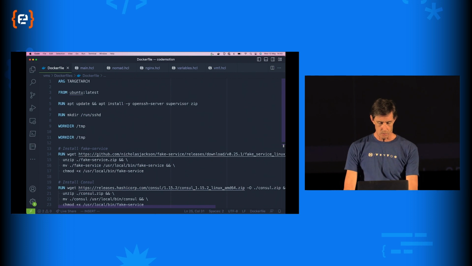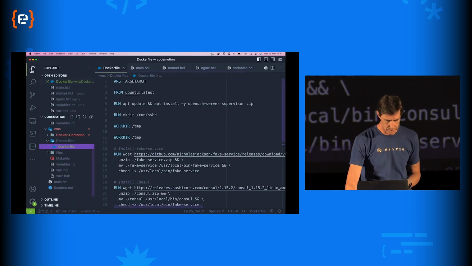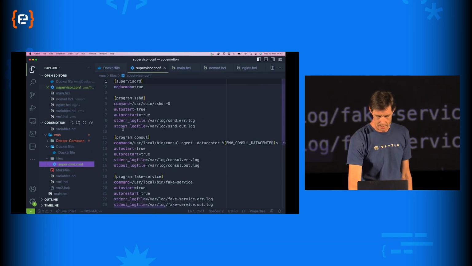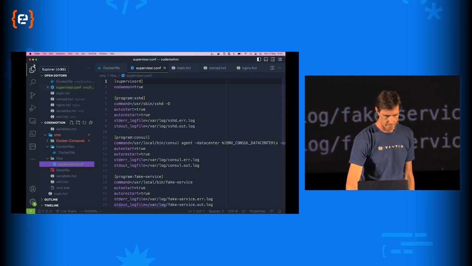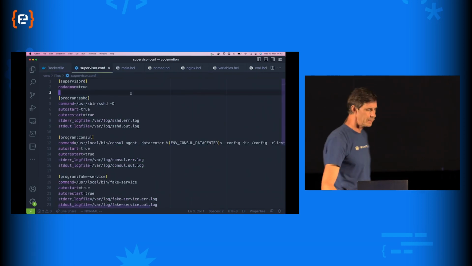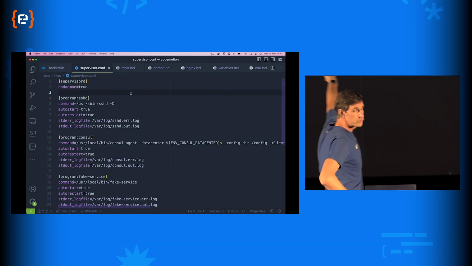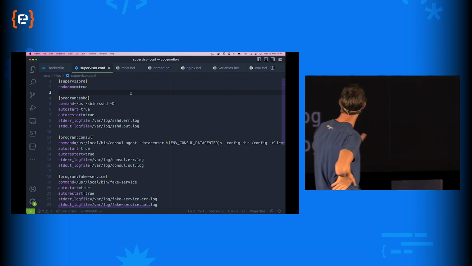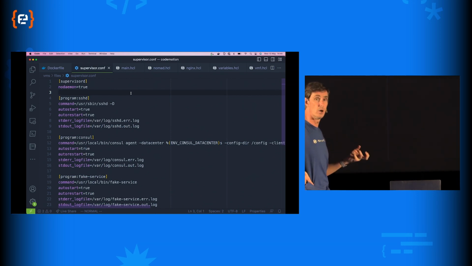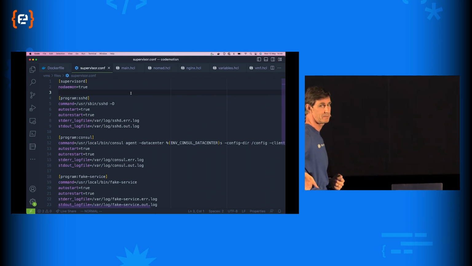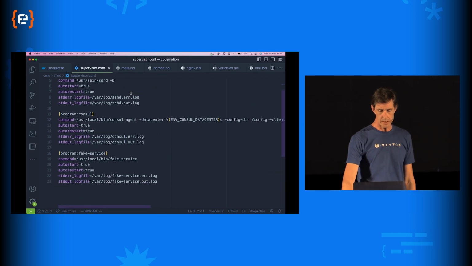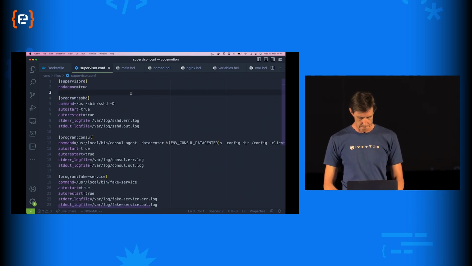Let's have a look quickly at the supervisord file, which I'm going to use with this. It looks like this. Again, there's nothing particularly special going on there. Supervisor is very similar to systemd units, not 100%, but the benefit is that you can run supervisor in a non-privileged Docker container, whereas you can't with systemd, or at least you couldn't last time I tried. So we're setting up those services that we're going to run.